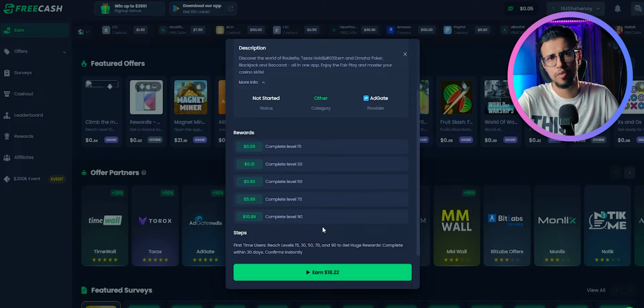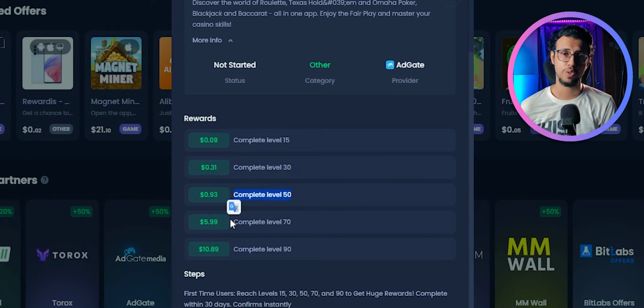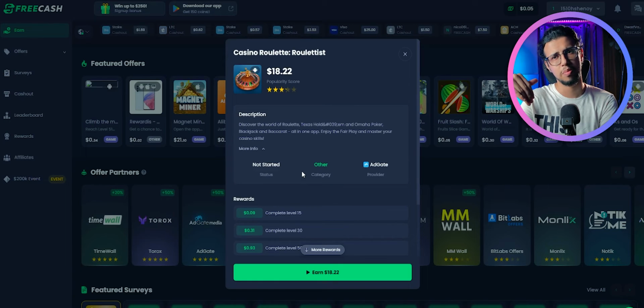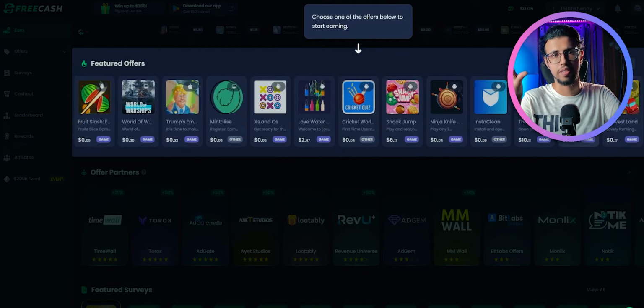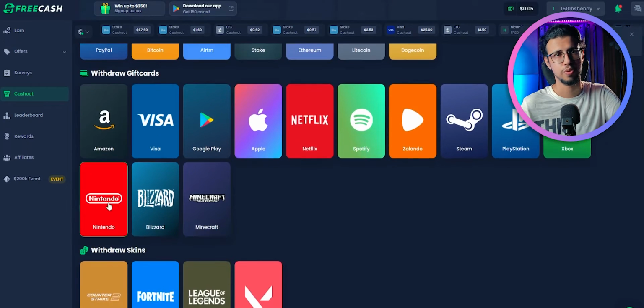In this case, I just have to play that game and get to certain levels, and I'll progressively unlock those rewards, a total of $18.22. I don't know how long it'll take for me to complete those levels, but if you're a gamer anyway, you'll get some money for this instead of playing for free. Compared to the previous two that I mentioned, I like the UI here the best. Plus there are a lot of apps to choose from and plenty of payout options too,